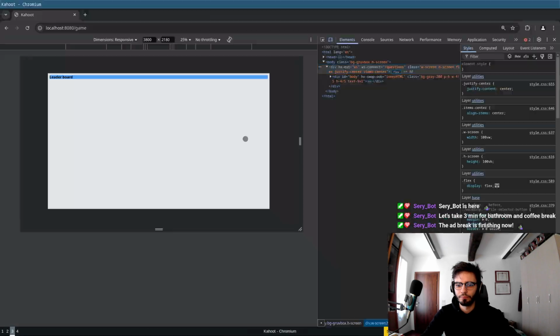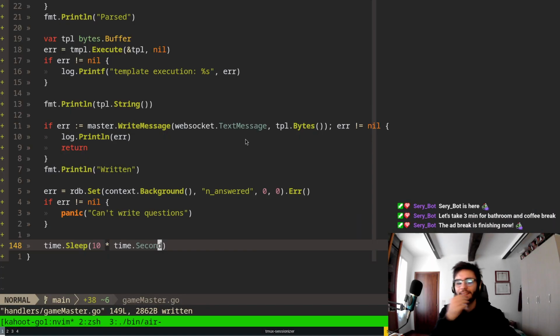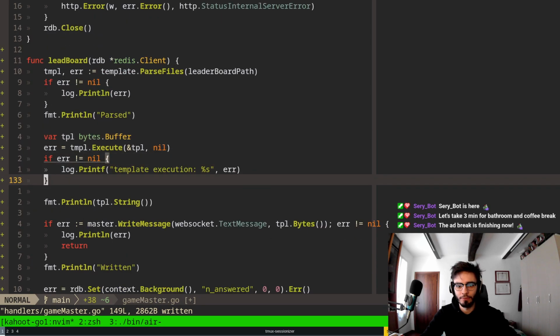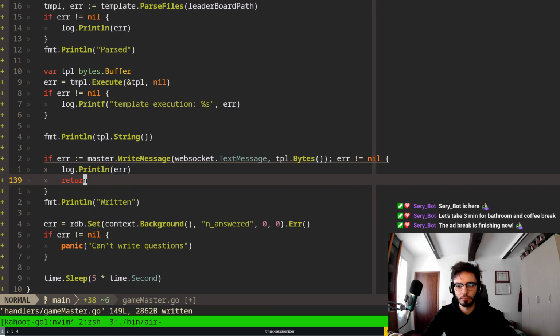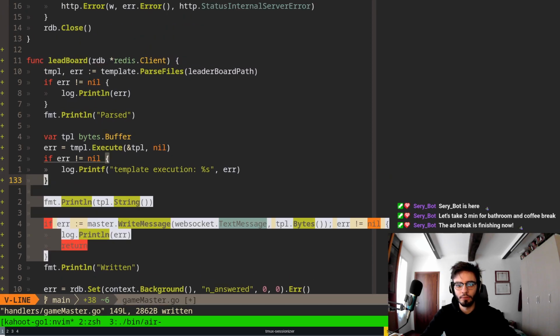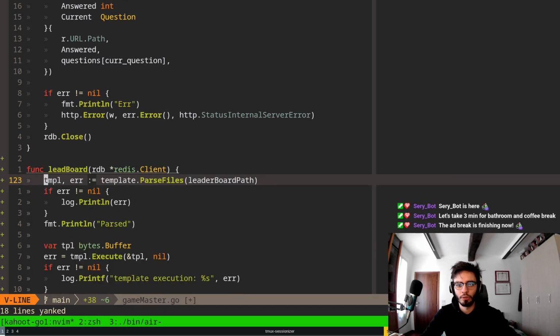Okay. So we sleep for 5. And after sleeping for 5, we'll do the same thing over here, like to the T. Literally the only difference